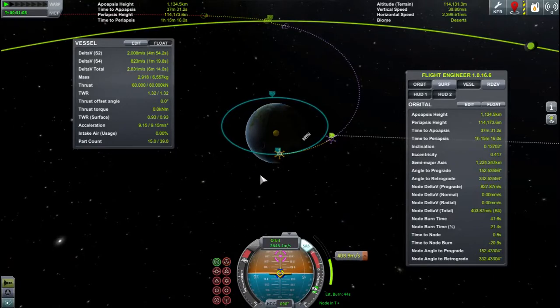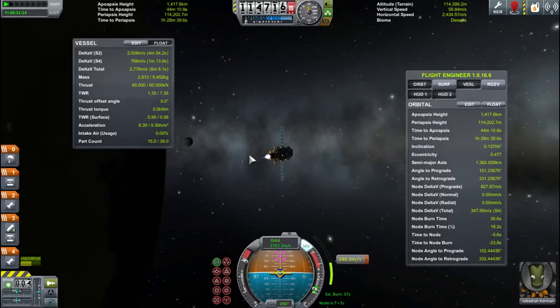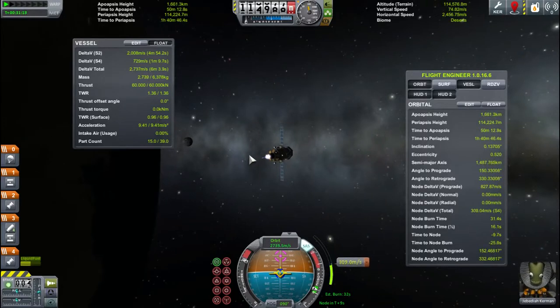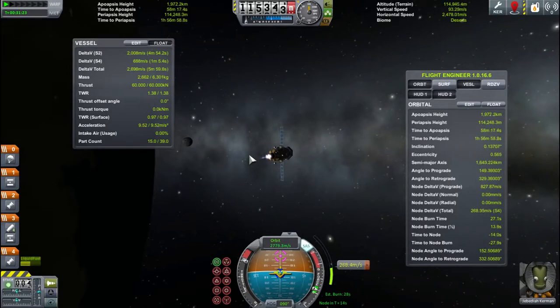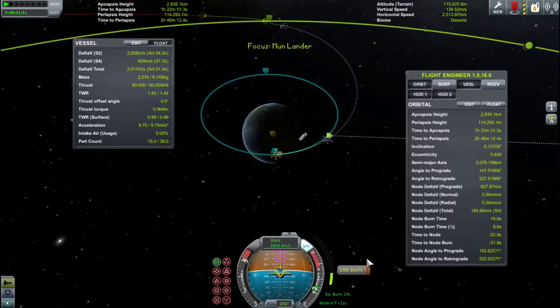I'm going to turn on stability assist here instead of burning towards the node because, well, when we kill this node, it's going to point directly towards the other node. We don't want that. Additionally, when we get close to this guy, we want to throttle down just a little